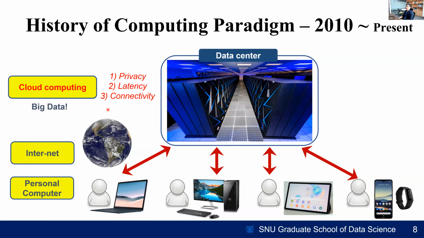And the second problem is that there is a new need on the application side. Users now want to enjoy real-time applications like games, such as augmented reality and virtual reality. But if data is sent from the edge devices to a server located very far away, and sometimes even across the ocean, right? And processed at the faraway server and comes back to the local edge devices, this round trip end-to-end response time is too long to enable real-time services.